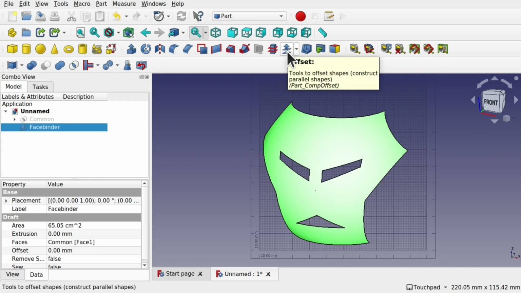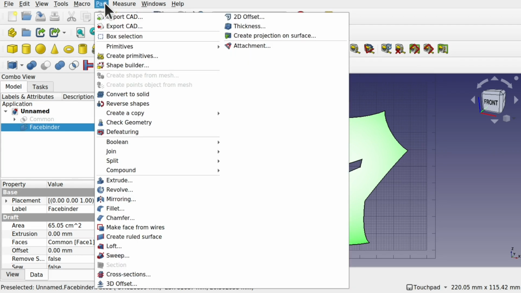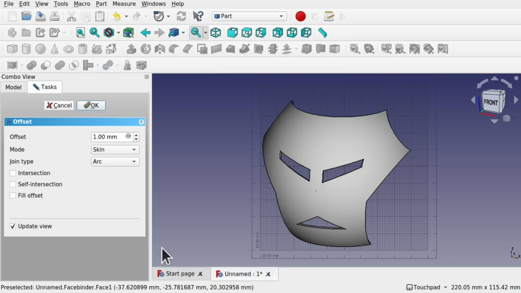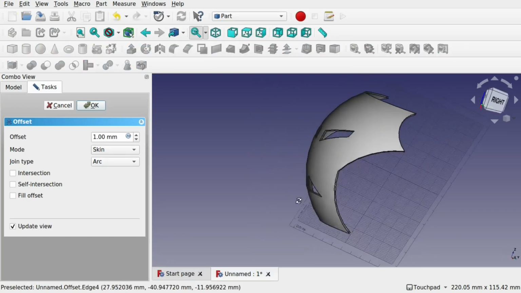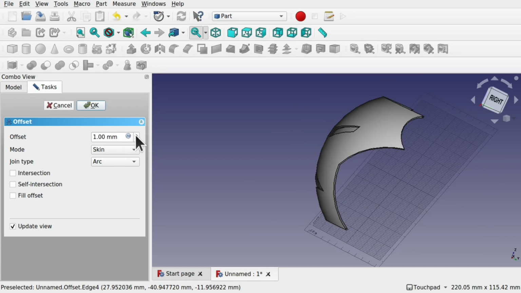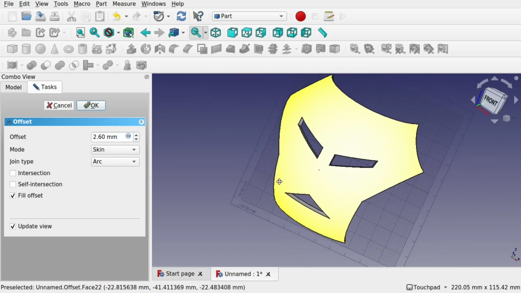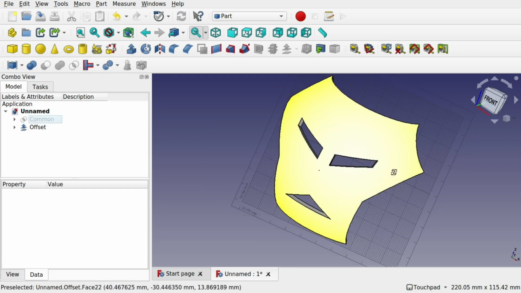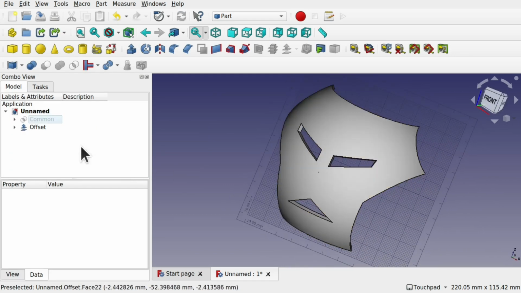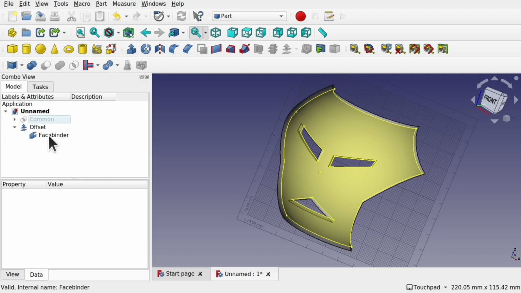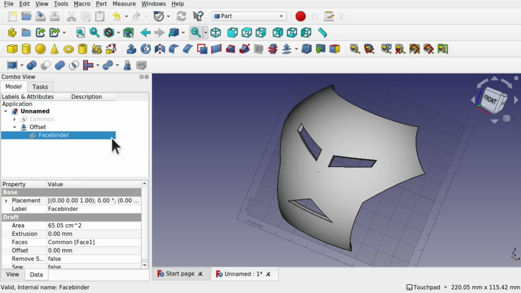the 3D offset or part. We've got 2D offset there, 3D offset. Bring this around and add a bit of thickness. So we're making a very rough, basically faceplate. Something quite quick like that. That's okay that. Now we've got this, we've got the offset. If we come into the offset, we need to hide the face binder because that's going to be sitting in